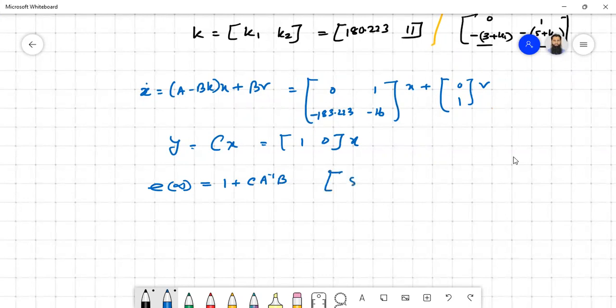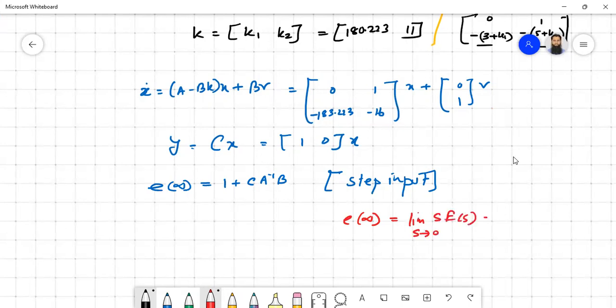You have to keep in mind, this is for step input. And another general formula that we also have seen, just as a review, is that steady state error was limit s tends to 0 of s E(s), and